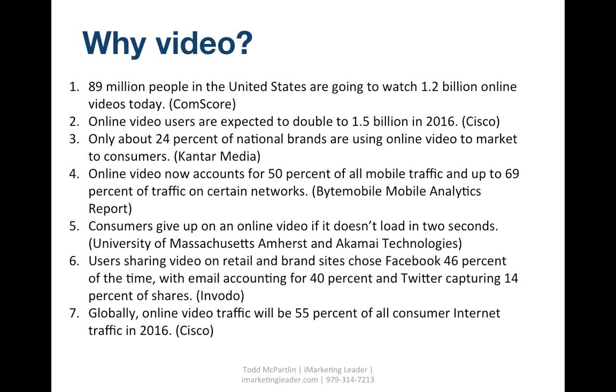And if that number is doubling, you want to get in front of some of that traffic. Only about 24% of the national brands are using video to market to customers, which is kind of surprising. They're still using a lot of traditional forms of advertising, which are still very useful. Display advertising, which we offer, traditional search engine optimization, website design, print, TV, radio. A lot of those big brands are still using that, but 24% are using